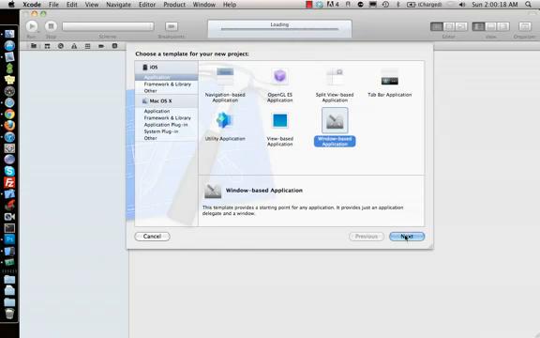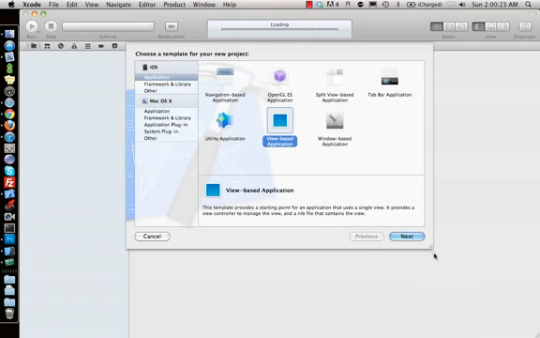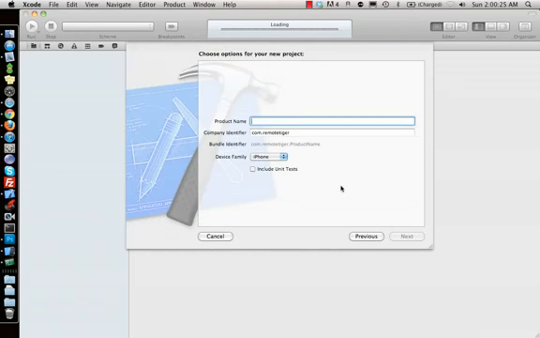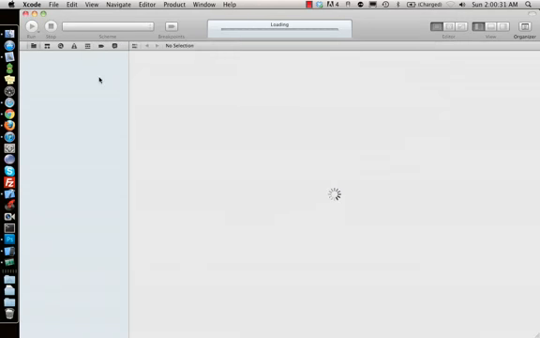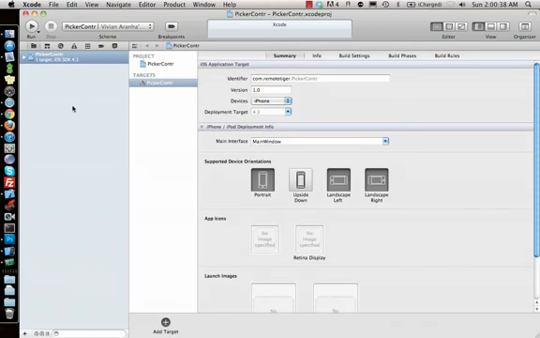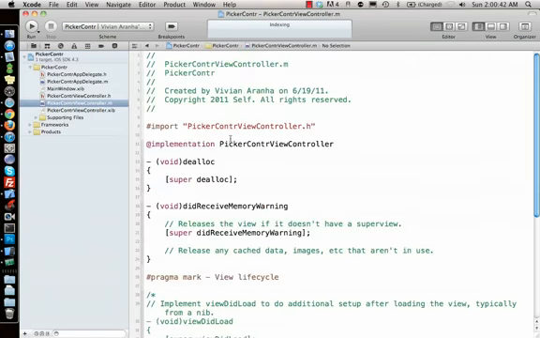If you don't know what it is, let's go ahead and make a view based application and we can look at it. Picker controller, and create the project. Once I have the project, I can show you how to do it directly using code.